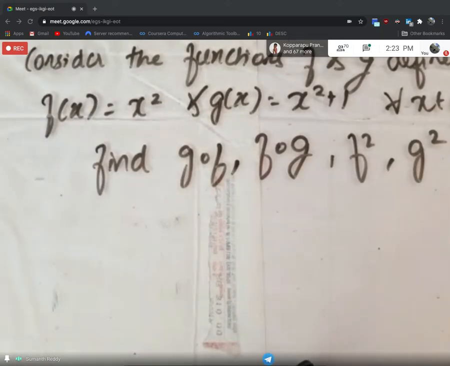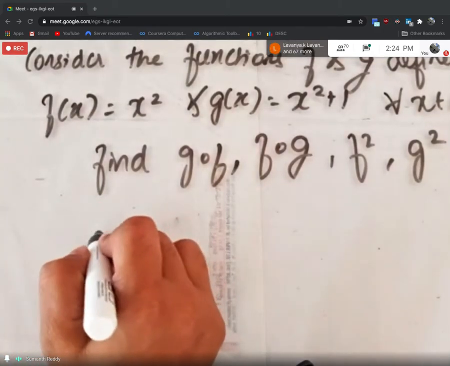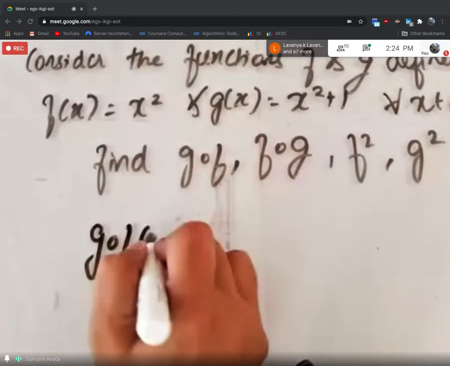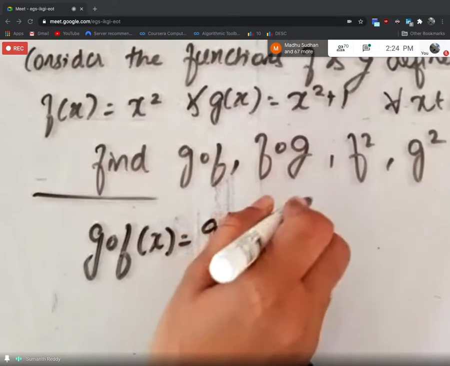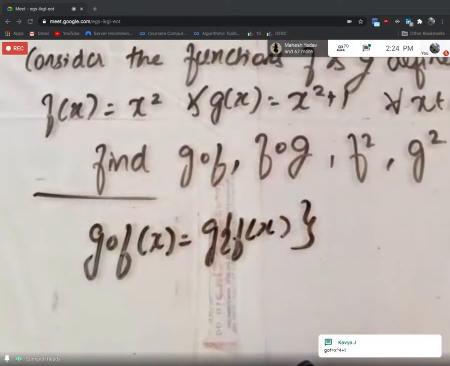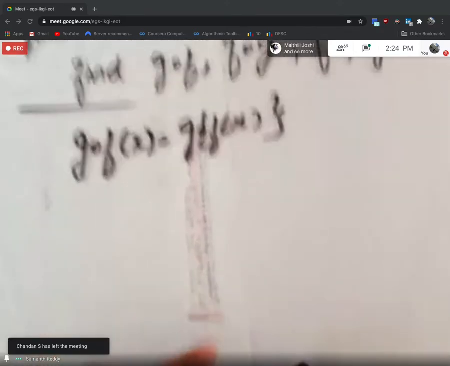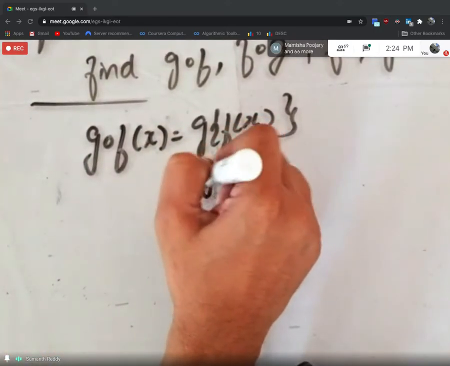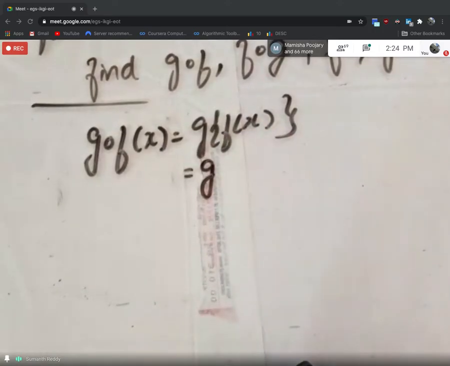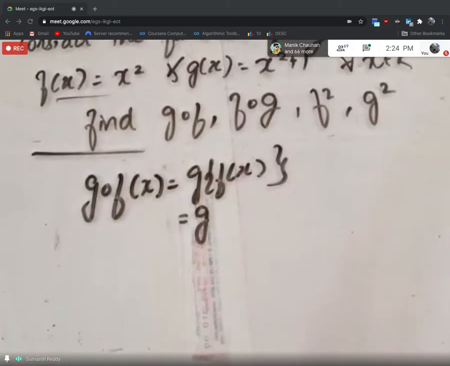Okay, I'll do one thing. The first problem I will solve, g composition of f. The remaining, I think you will have a better idea to solve. So first is g composition of f of x. This will be equal to g applied upon f of x, right? Based on this, this is g applied upon f of x, and what is the definition for f of x? The definition for f of x he has already given, that is x square, right? So the definition of f of x is x square.